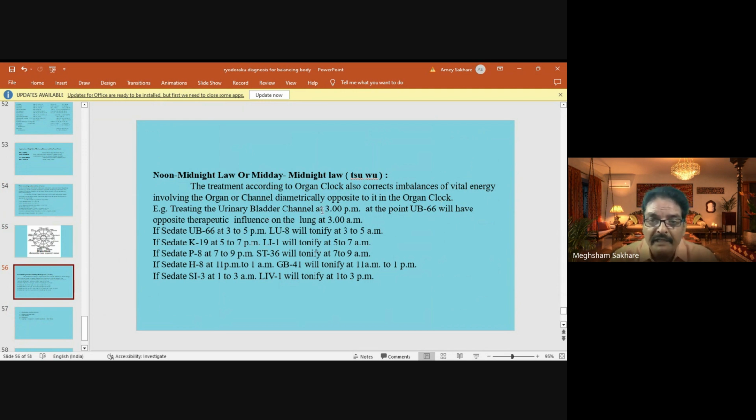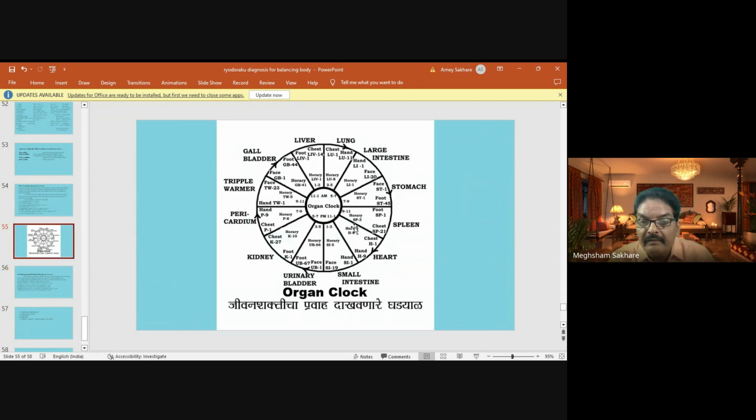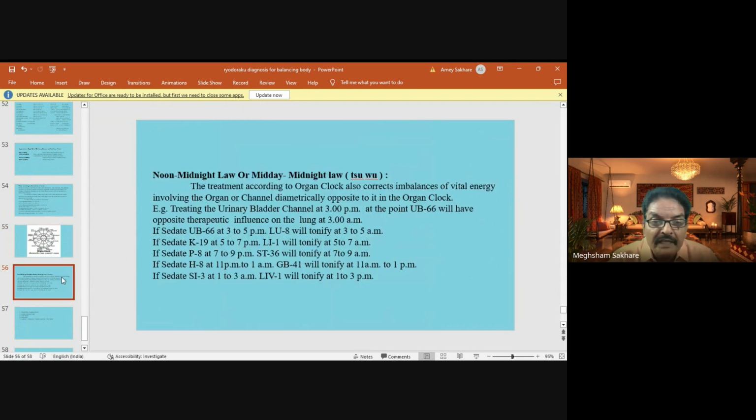Treating the urinary bladder channel at 3 p.m., the point UB66 will have an opposite therapeutic influence on the lung at 3 a.m. Same, if you sedate UB66 at 3 to 5 p.m., lung energy will be 25 at 3 to 5 a.m. If you sedate LI1 at 5 to 7 p.m., it will be 25. If you sedate K1,